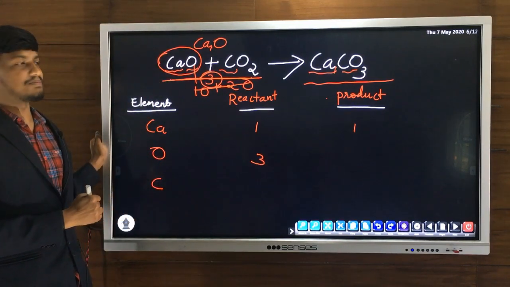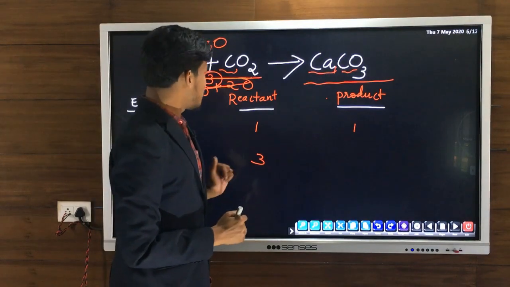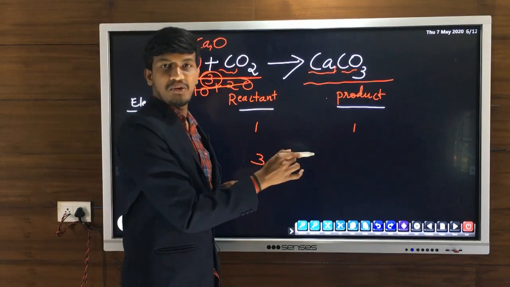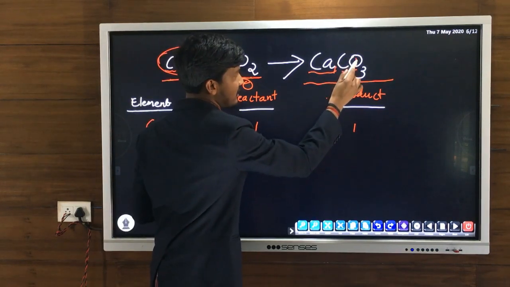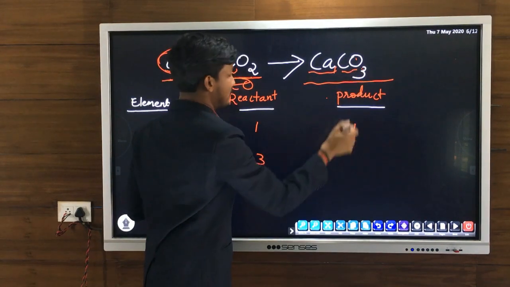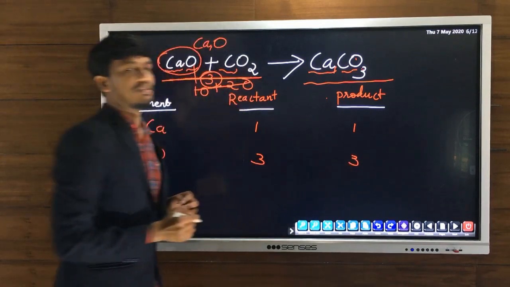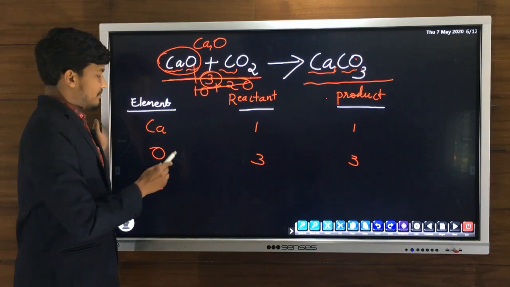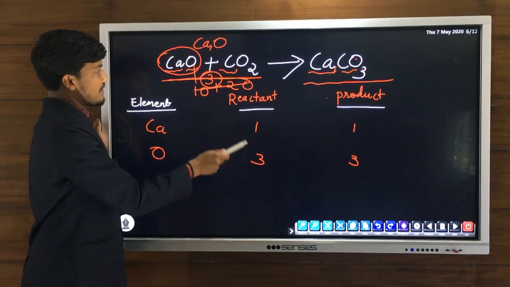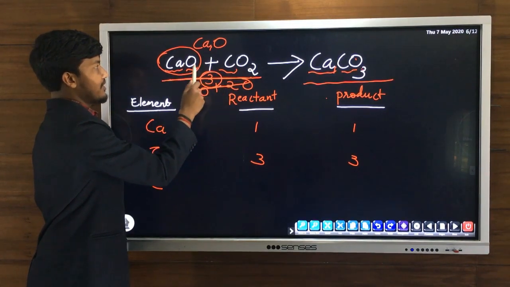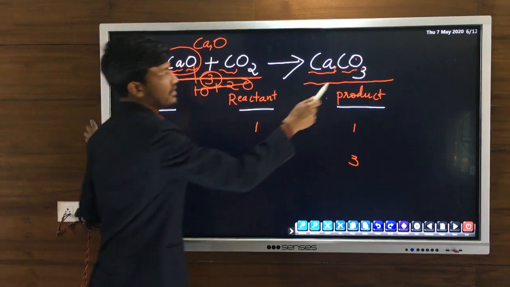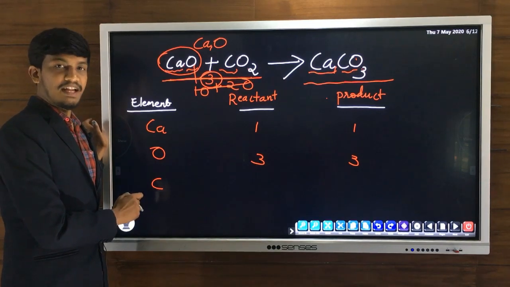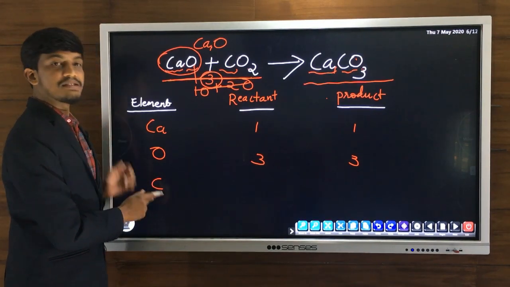on the reactant side. Now on the product side, how many oxygen atoms? So in CaCO3 we have only one product. In CaCO3 this is the oxygen atom, so number of oxygen atoms 3. That is equal number of oxygen atoms. Oxygen on the left side O1 plus O2, that is 1 plus 2, 3 oxygen atoms, on the right side 3 oxygen atoms. Now we have one more element in this equation, one more atom, that is C, capital letter